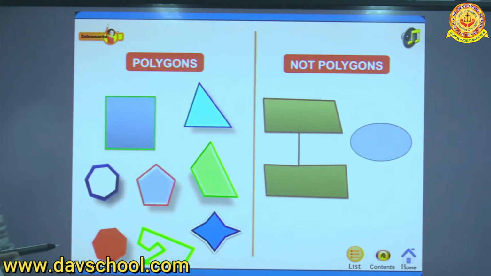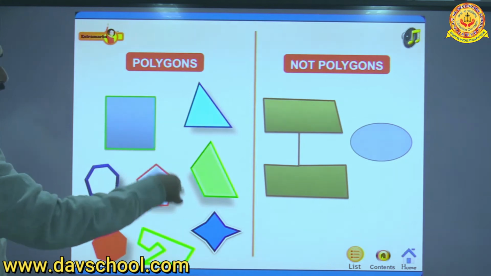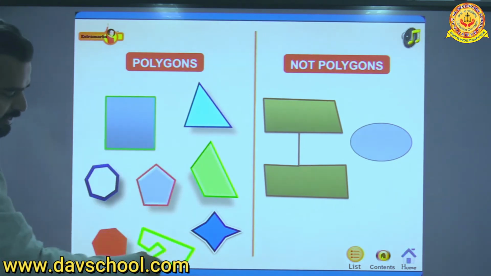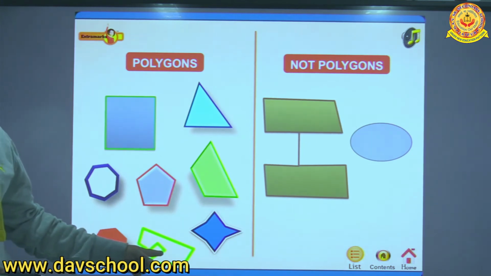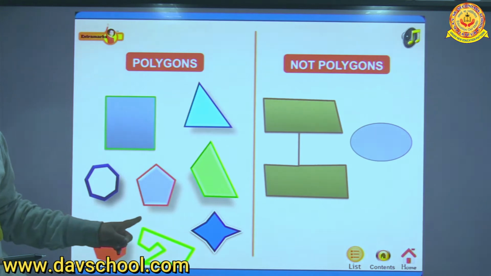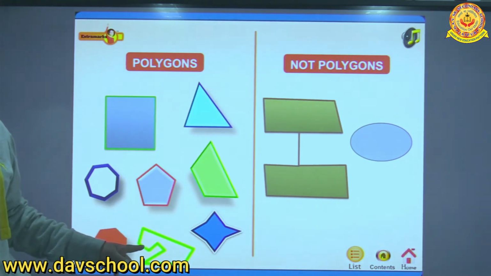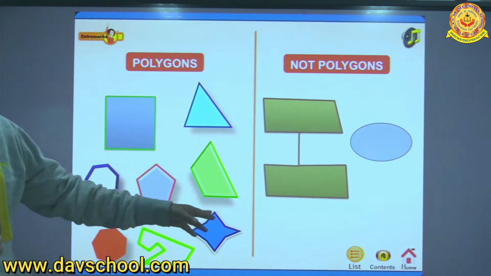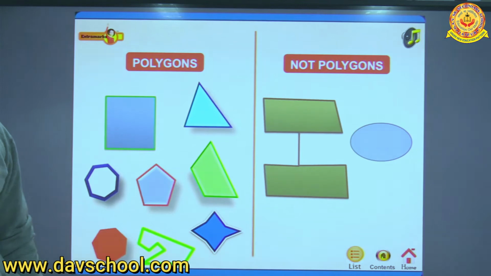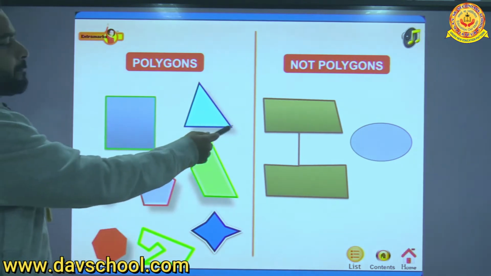On the other side, as we can observe in this shape, all the figures are made by line segments. Is it right? So that's why we call them polygons. Is this a polygon? Yes, sir. This is also a polygon, because as we can see here, it is made by only line segments, right? No curved figure here, nothing like that. Similarly in this figure, all made by line segments only.